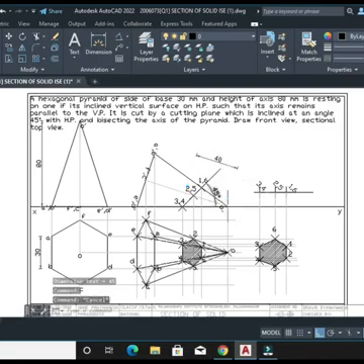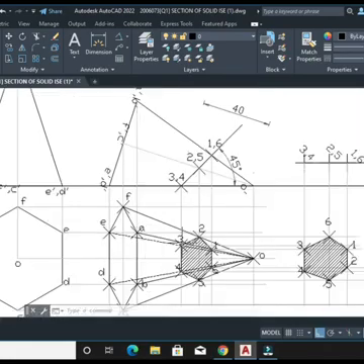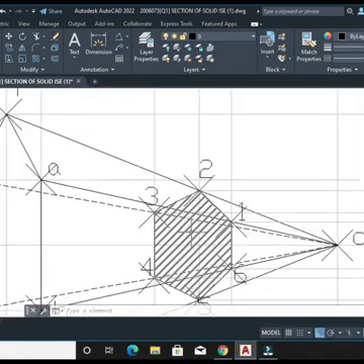Further, we have taken projections from this diagram before drawing the cutting plane, and then from the base of the pyramid, and we have just marked the points accordingly, A, B, C, D, E, F, and we have drawn the front view of the pyramid. Later on, we have also taken the projections from the cutting plane which we had drawn earlier, and we also marked the points, and we have shown that part by the hatch command.